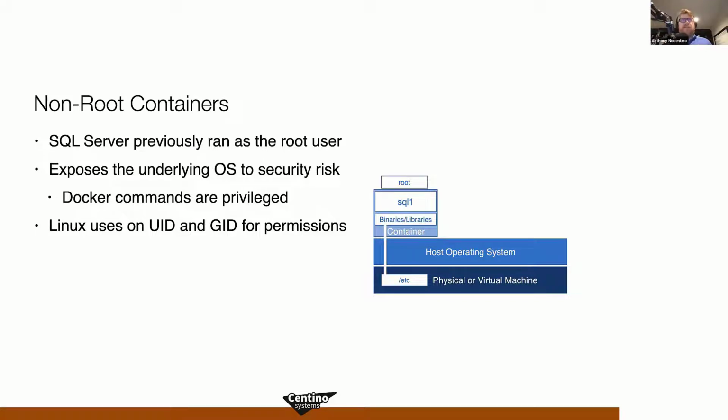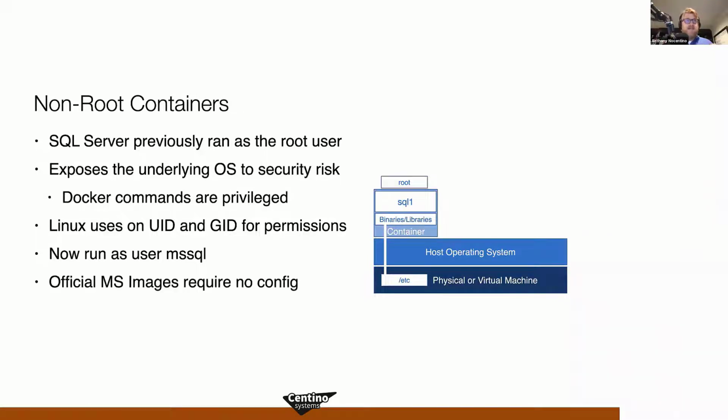And so we need a better way to manage this type of deployment. That's where non-root containers come in. What we're going to do is run SQL Server, the process inside of our container, as the username mssql with the user ID, which is conventionally going to be 10,001. It can be any arbitrary user ID that's not 0, but you'll see it most commonly as 10,001 in configurations. Now, the Microsoft official images require no configuration. If you pull a 2019 container today of one of the more recent versions, that container image, when deployed, will run as non-root. So that's super good.